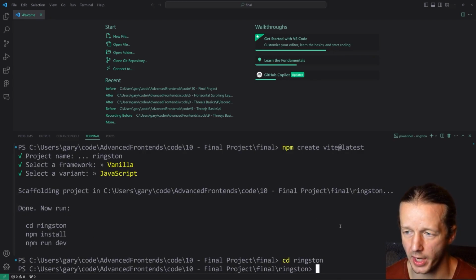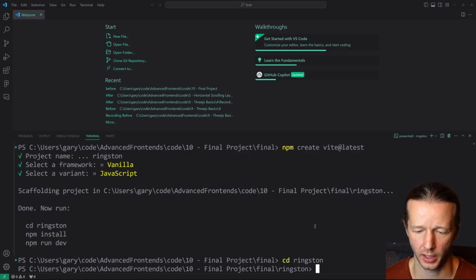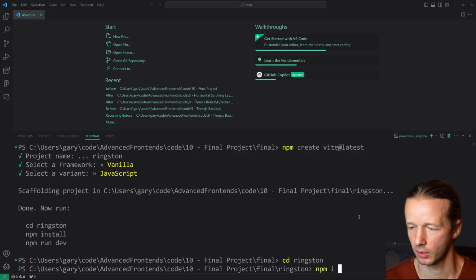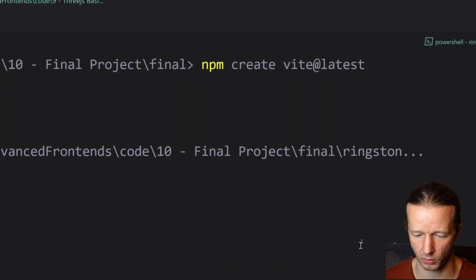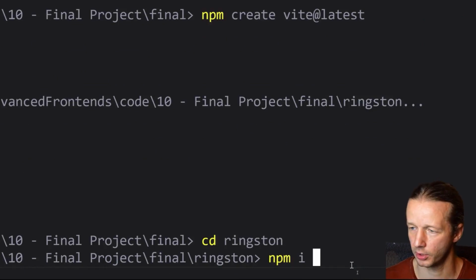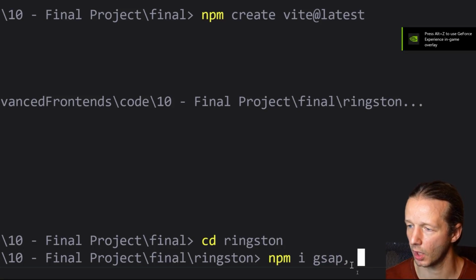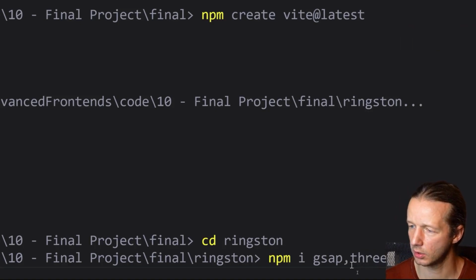And now we want to install all of the various dependencies that we're going to need. For that, I'm going to look at my reference code real quick. We're going to npm i for install, and we're going to choose to install a few different things here. Let me zoom up real quick. All right, so we're going to install GSAP. We're also going to install, let's see here, three.js, so three. And I think we'll also install